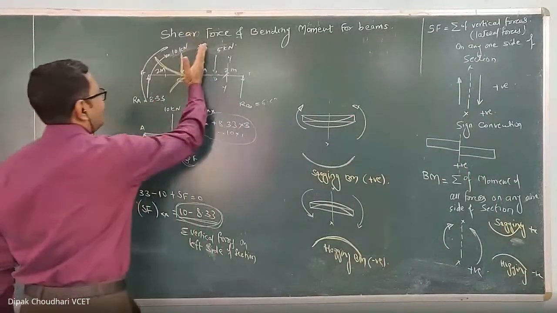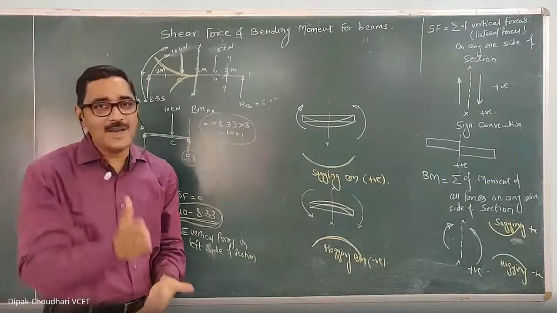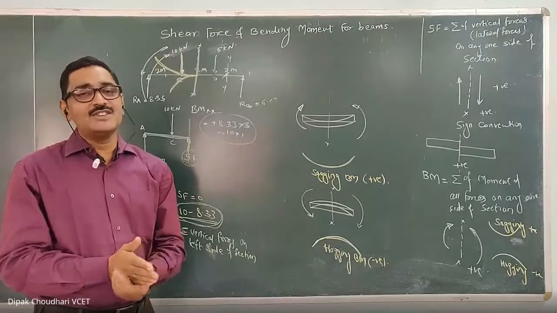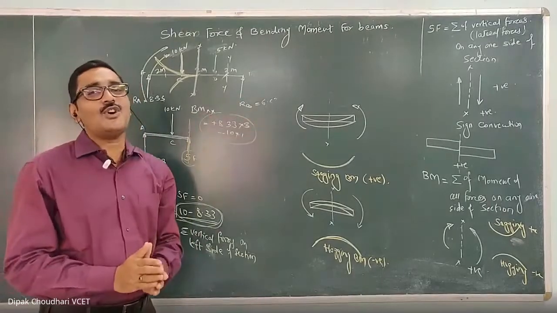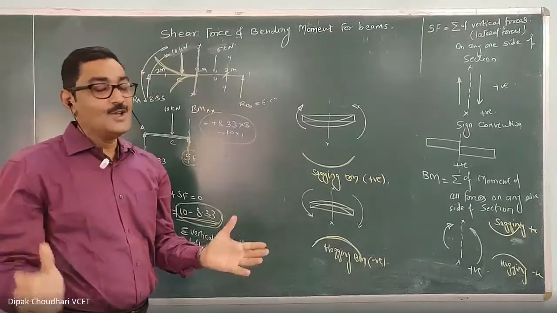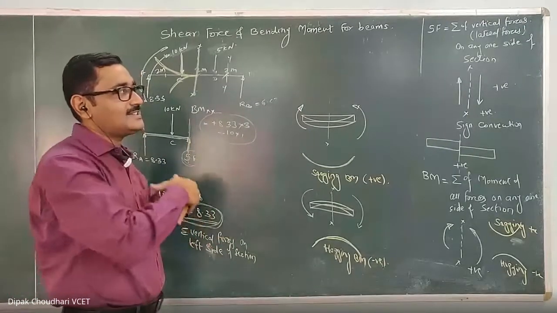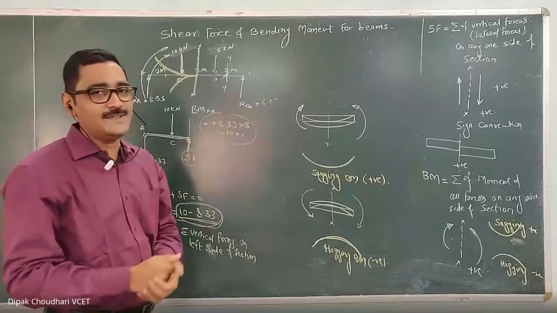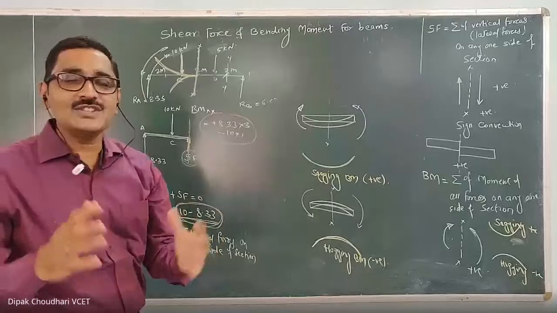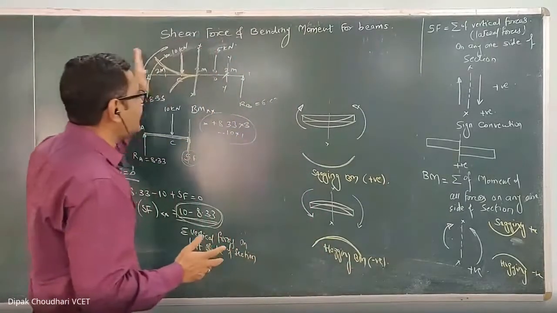Wherever you have to calculate the shear force at a particular point, you need to consider one imaginary section. And to calculate the shear force at that section, you have to consider the algebraic summation of vertical forces on any one side of the section. No need to calculate the summation of all forces. If you consider the summation of all forces, it will become 0. So you have to consider the algebraic summation of the forces on any one side of the section.